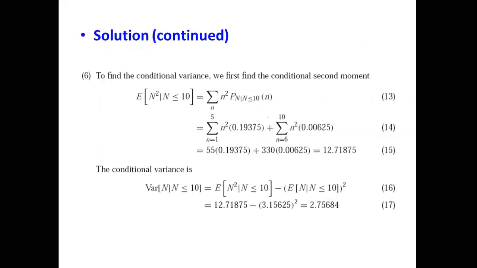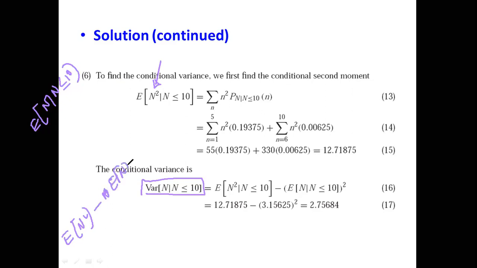All right, then we will talk about the last one, that is the variance of this. Look at that. Actually they are telling us to find the variance of this one. Very easy. We have found the expected value of this. Now we need to find the expected value of n square, because we know variance equals what? Expected value of n square minus the expected value of n, whole square. So that one we already know, and that one we need to find out.